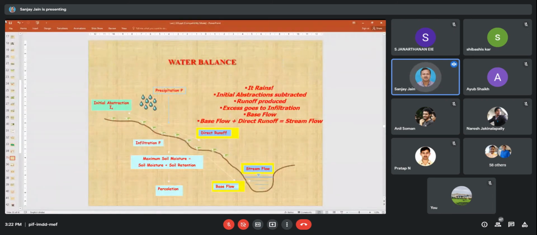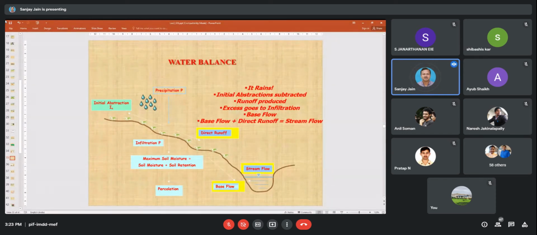So if I am talking about hydrology, because I will give you an example of hydrology only. I am working there and using GIS in this field. So there are a number of inputs if I am talking about water balance. Precipitation is the source of water, then it is infiltrating and percolating to the groundwater, some base flow is then coming to the stream, and direct runoff is coming to the stream. If there is a snow cover area, then snowmelt is also contributing to the stream flow. So I have to consider the snow cover area.